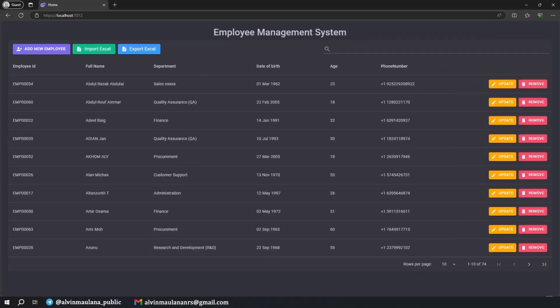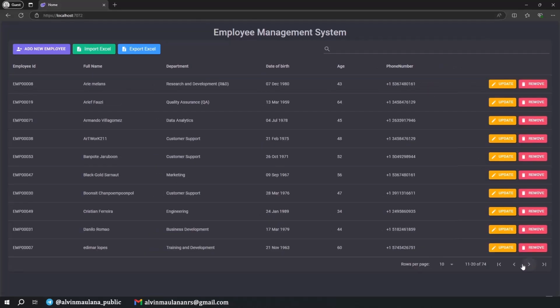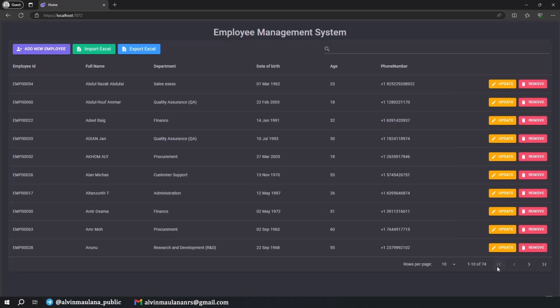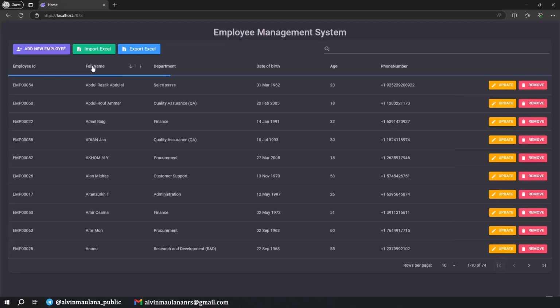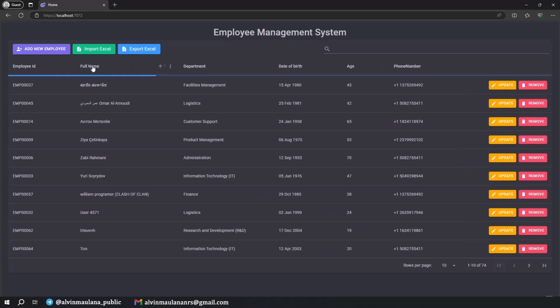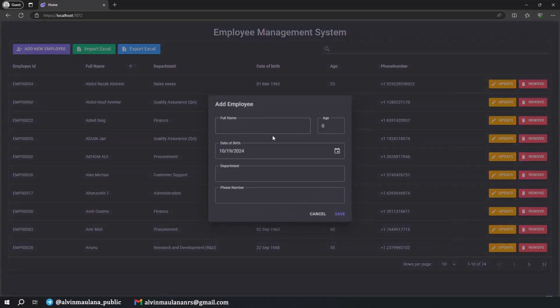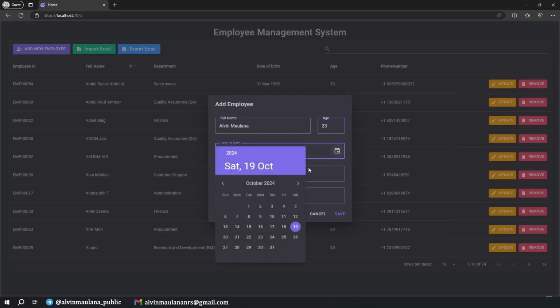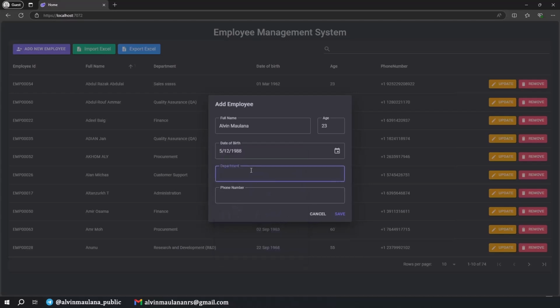Hi everyone. CRUD, or Create, Read, Update and Delete, is an essential part of any web development project. Whether you are building an admin dashboard, managing customer data, or just need basic data manipulation. In this series, I will show you how to do it in Blazor with .NET 8. Not only that, we are adding an Excel import and export feature, all within a single page.